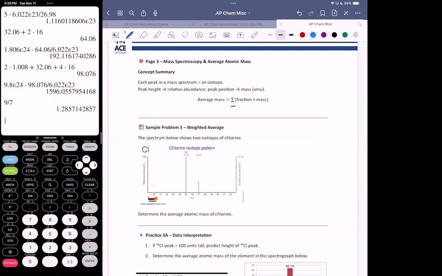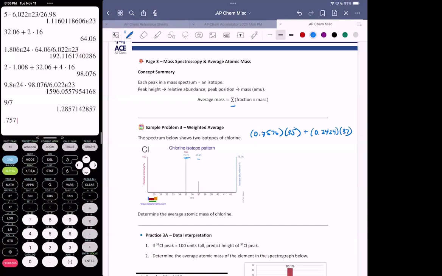So here we have the mass spectrograph of chlorine, and it's got one atom at an intensity of 100 and another atom. They don't really give us this. It's not 24.24 because I guess that would be 75.76. So I would use these because these must be the fractional percentages. So I would take again the fractional percentage, 0.7576 times 35, plus the fraction of isotope 37, 0.2424 times 37, and that's going to give me the average atomic mass,